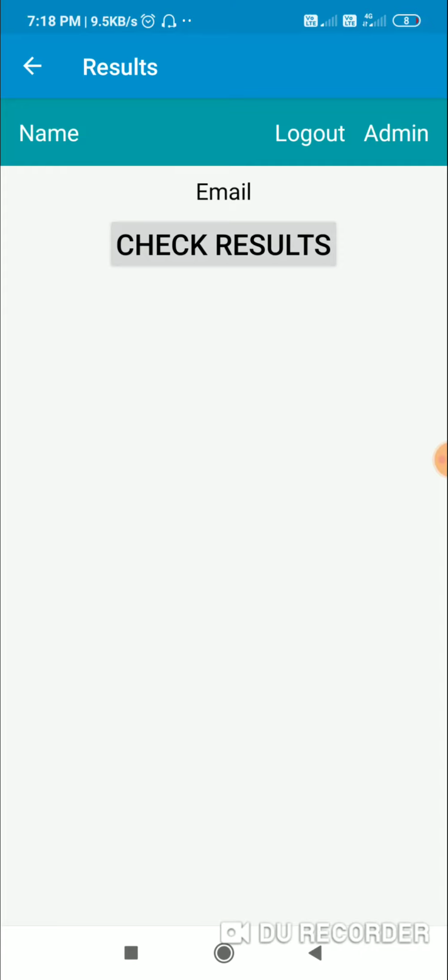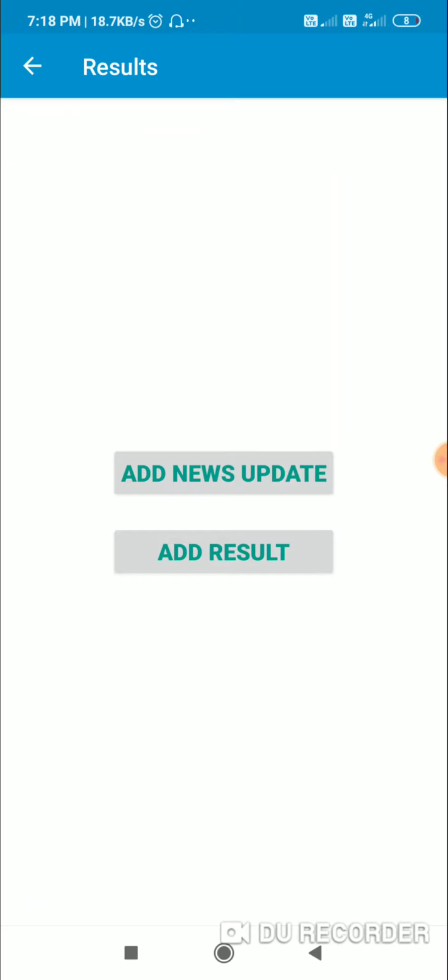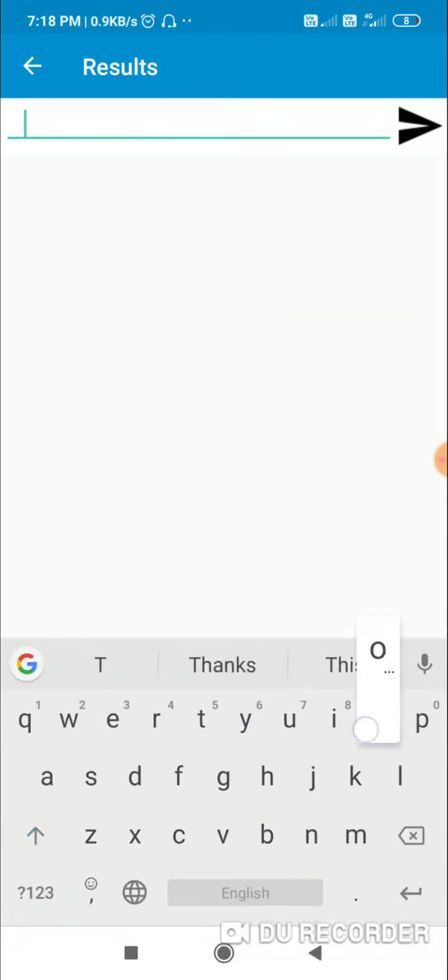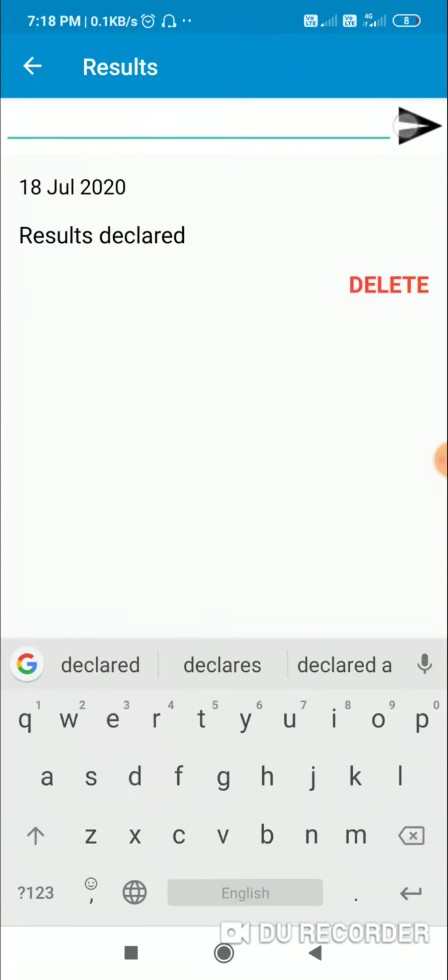Okay, so now I am logged in as an admin, and when I click on admin, I move to this admin panel. Here first I will add a news update. So here I will add news. Sorry, it is in white color, so not visible. Results declared, and when I click on send, it will appear here on 18 July, results declared, and then I can add another message,